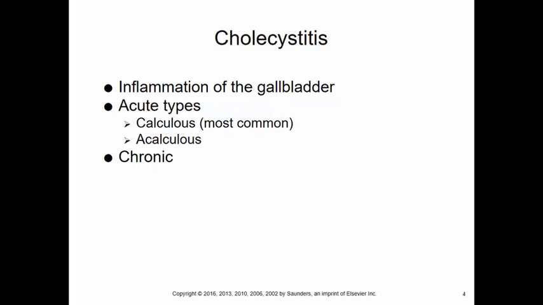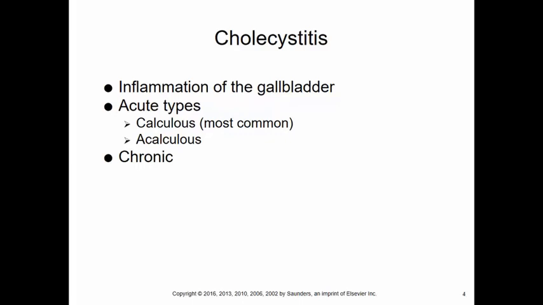Patients who are at risk for acalculous cholecystitis are patients with sepsis or severe trauma or burns, patients who have long-term TPN, multi-system organ failure, people who've had major surgeries, and people who are hypovolemic. Chronic cholecystitis results when there have been repeated episodes of obstruction that cause inflammation. Usually in chronic cholecystitis, we are almost always going to see stones. The gallbladder becomes contracted and fibrotic,